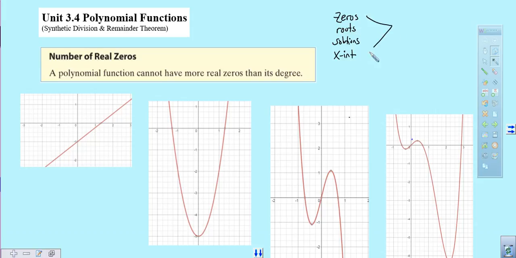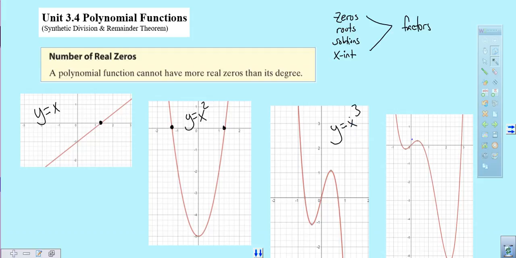And we know that these lead us to our factors, or vice versa. If we have a factor, we can go over to our zeros, roots, or x-intercepts. So what we want to start establishing is the idea that if I have a linear function, for example y equals x, that's going to have one x-intercept. If I had y equals, and this is not exactly x squared, but as a parent function, if I have an x squared, then we could have at most two zeros, two places across the x-axis. If we have a cubic function,